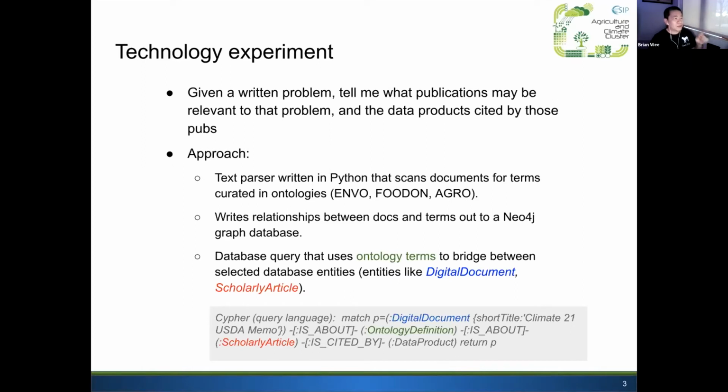Now, the approach that we took for this demo that you will see next, and it's only a one-slide thing, is, again, we took a text parser written in Python by Tom Nayrock, and we modified it. So right now, this Python program ingests text documents that you feed to the program. It looks for terms in that text document defined in the BFO compliant ontologies, ENVO, FOODON and AGRO. Once it finds a term that is curated in these ontologies, it writes that term out